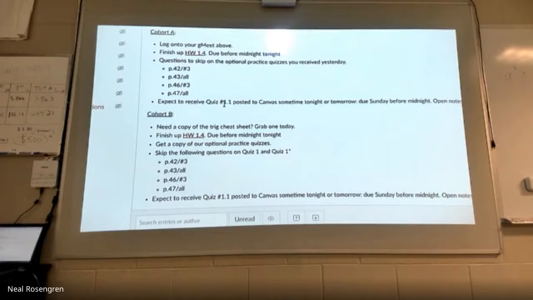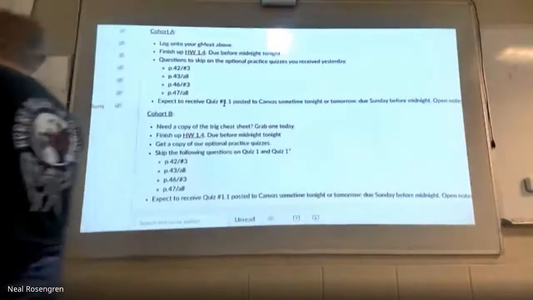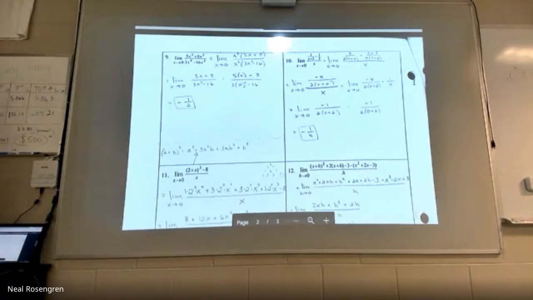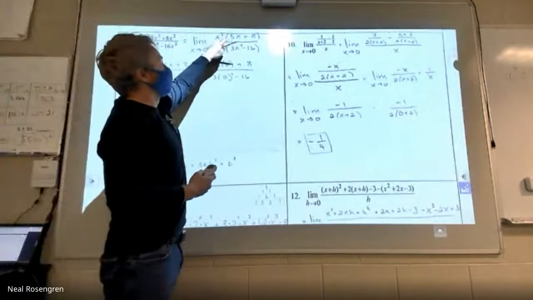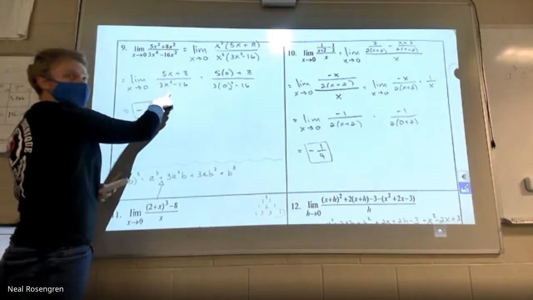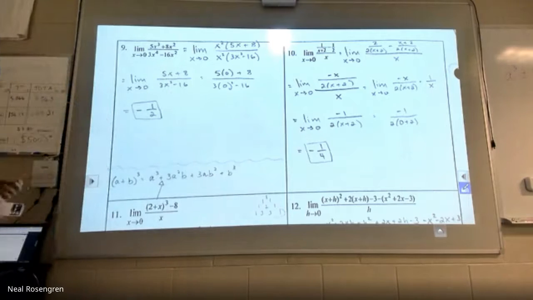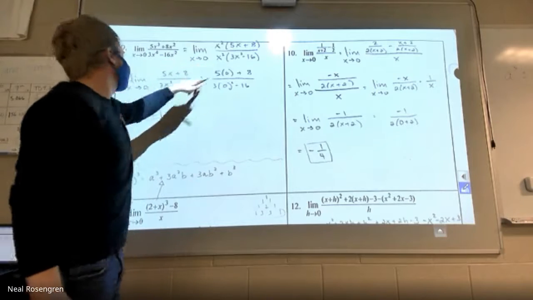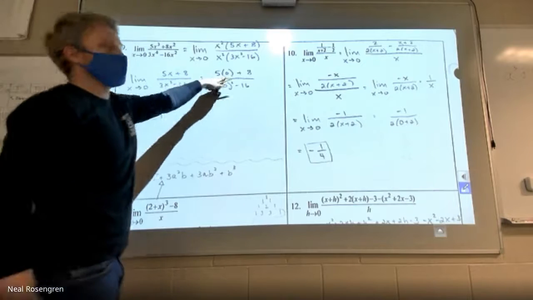So what I would probably do for number 9 is plug in 0. Once you eliminate the problem, I should be able to factor. So if we factor out the common factor, top and bottom, we should get to a point where you're pulling out the x squared from the top and the x squared from the bottom. Because then you cancel those out. That's the issue, is having that x squared, right? That smallest power of x I can pull out. Because then once I divide that away, now I can just plug in 0.